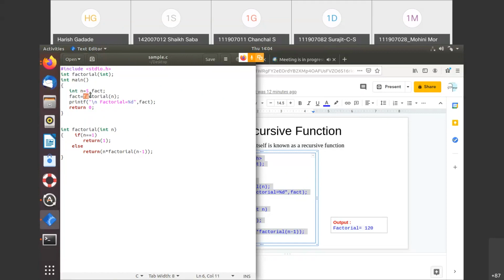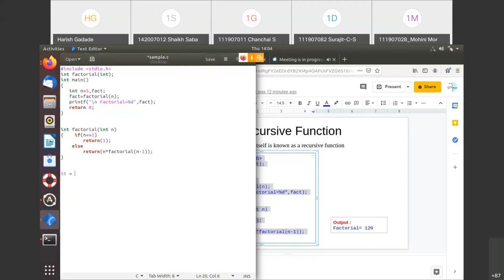And what I did here, I have used this factorial function, right? This is a factorial function, and the parameter I have passed here is n, that is 5, suppose. Now when the compiler comes to this point, it will go here, right? Now what is the condition? If n equals 1, this is the termination condition, so you need to return that 1. Otherwise, if the value of n is not 1, then you come to this else part, and I call the same function again, right? n into factorial n minus 1. I think you have the idea about the calculation of factorial.